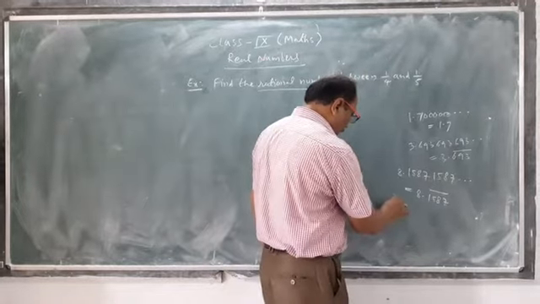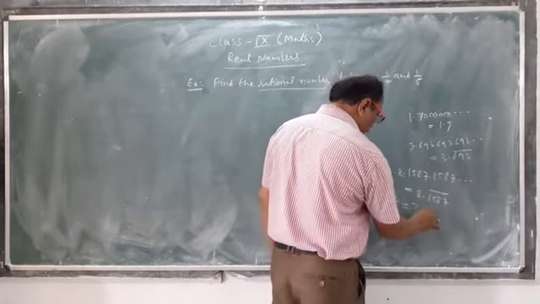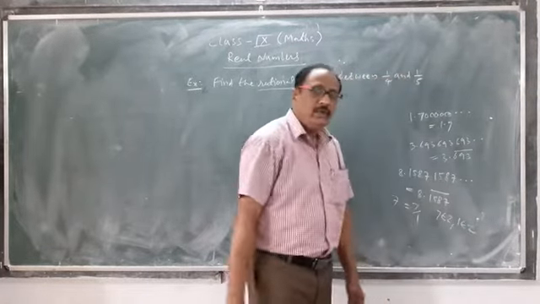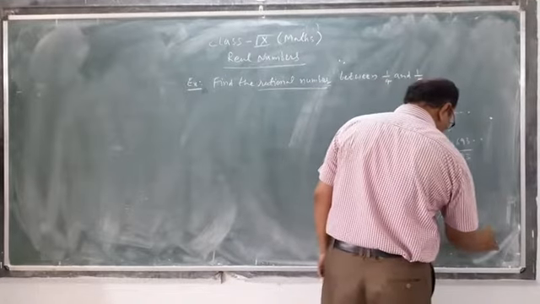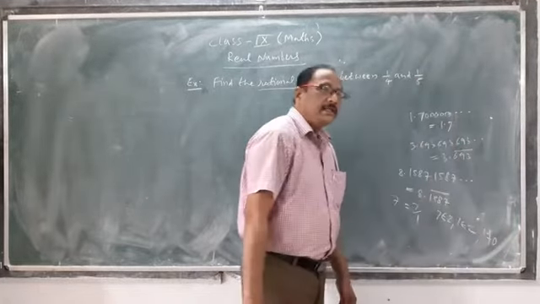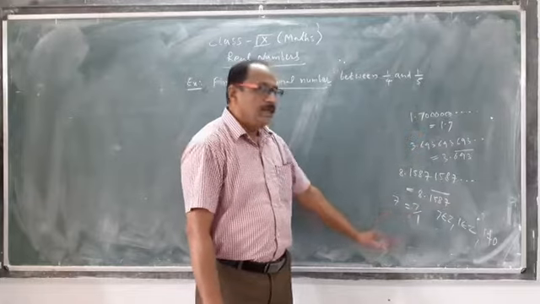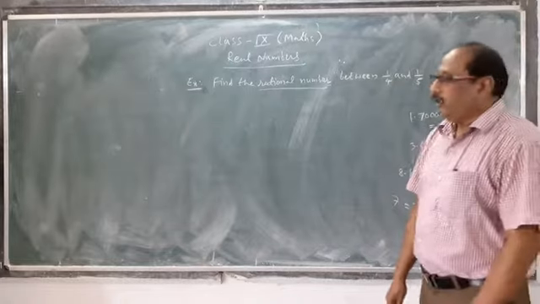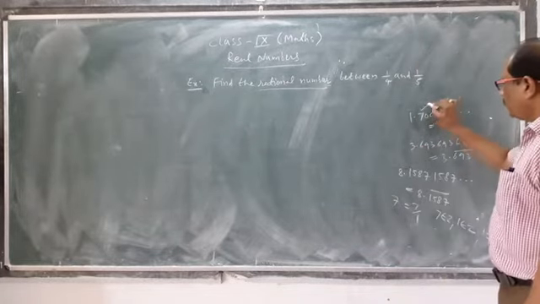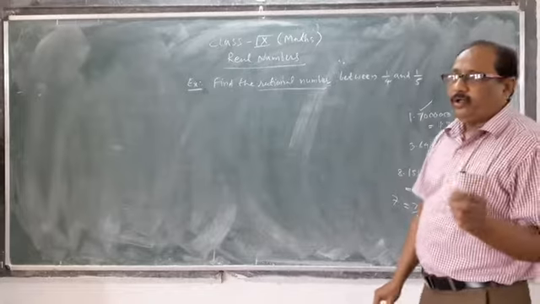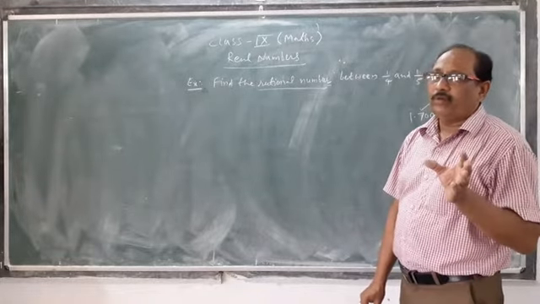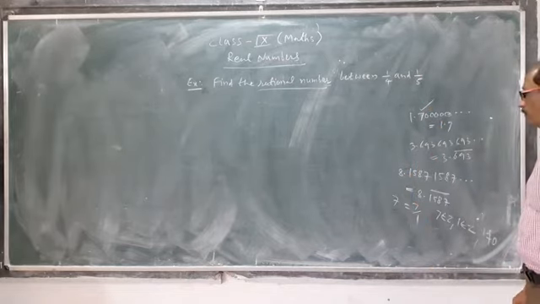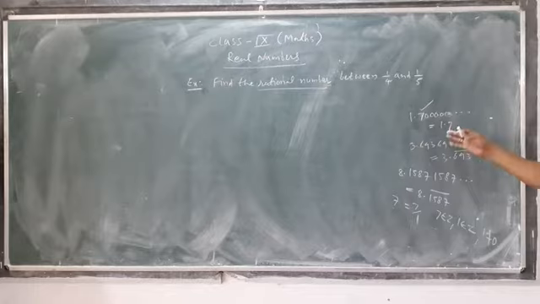Rational number is 7. What is 7? 7/1. Yes, 7 belongs to Z, 1 belongs to Z. Z is the set of integers. What is 1? 1 is non-zero. Rational numbers are such numbers which are terminating or non-terminating but repeating. What digits are repeating? One digit is repeating, or two digits are repeating, or a group of 3, 4, 5 digits are repeating frequently. This type of numbers are rational numbers.